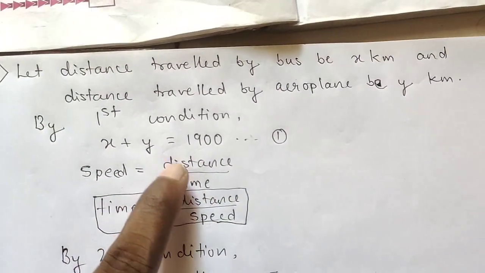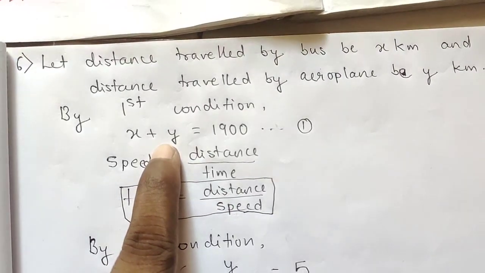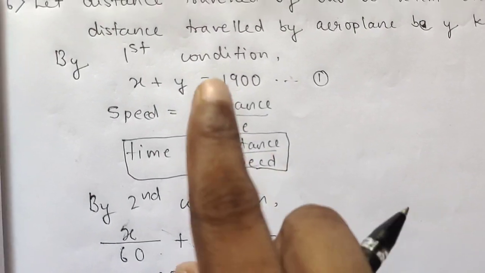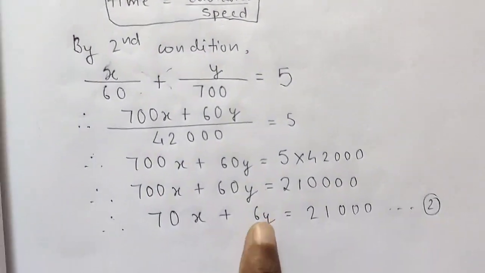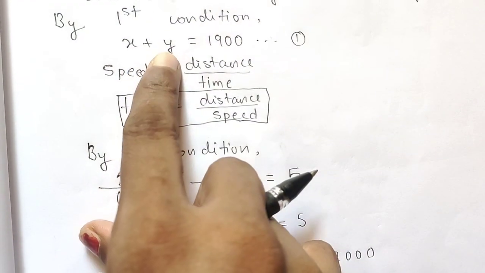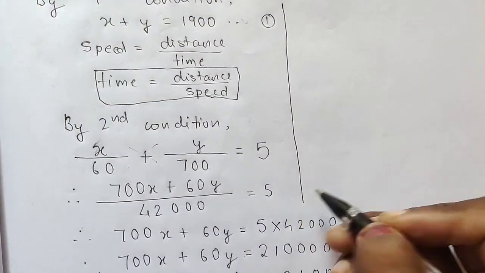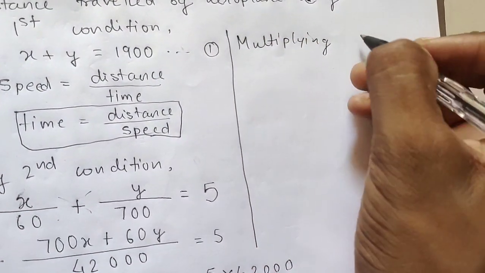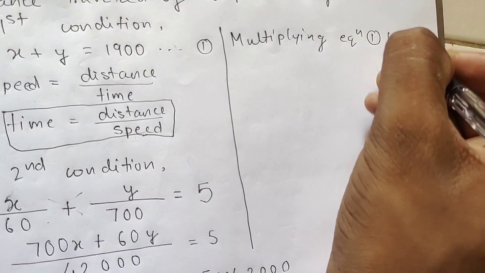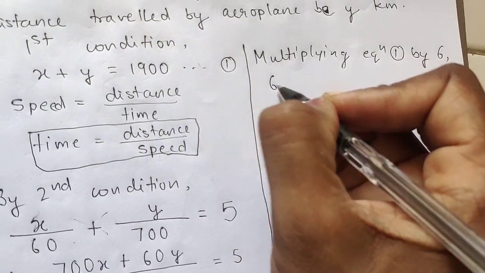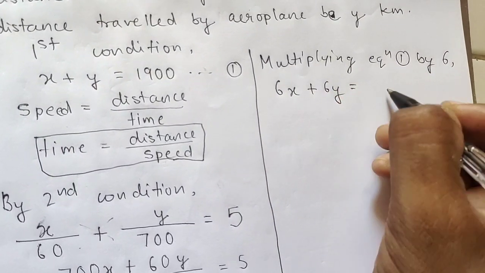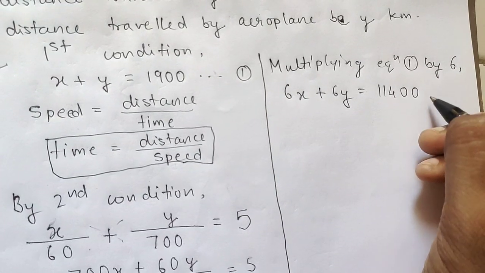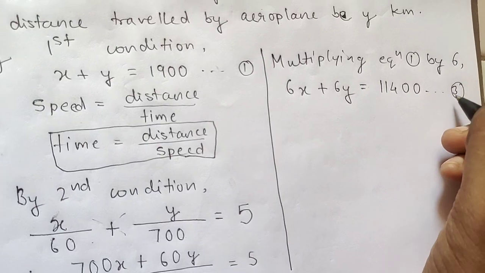So now what you have to do, you have to solve 1 and 2 simultaneously. So what I am going to do, I will make coefficient of y same. So in this equation coefficient of y is 6 and here y is 1. So for that we are going to multiply first equation by 6. So multiplying equation 1 by 6, what are you getting? 6x plus 6y equals, 6 times 19 is 114, 6 9s are 54, 6 1s are 6, 114 and 2 zeros. So now call it equation number 3.